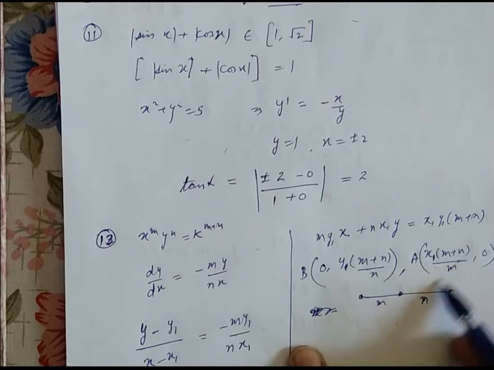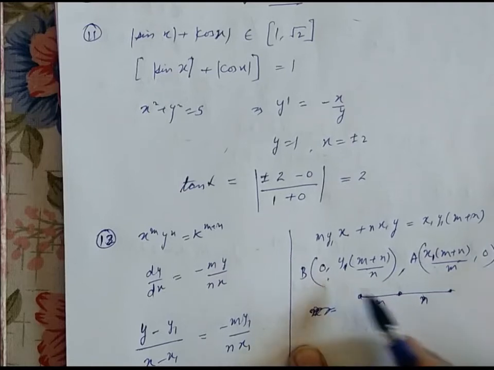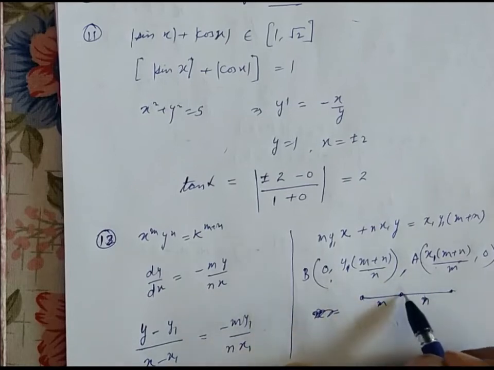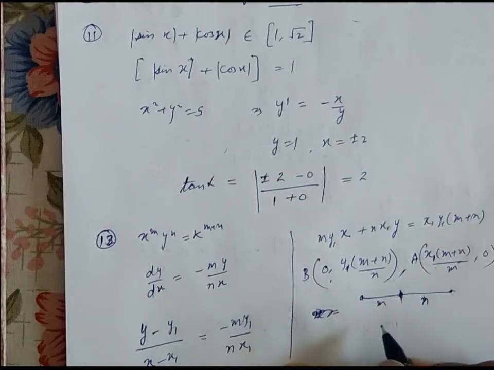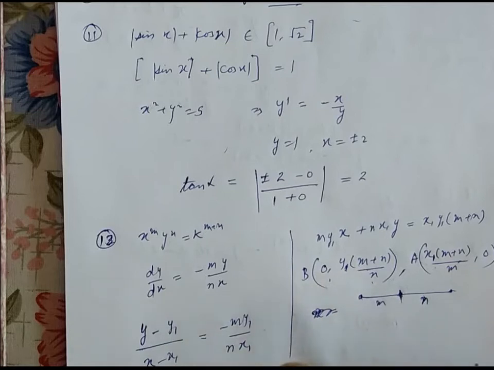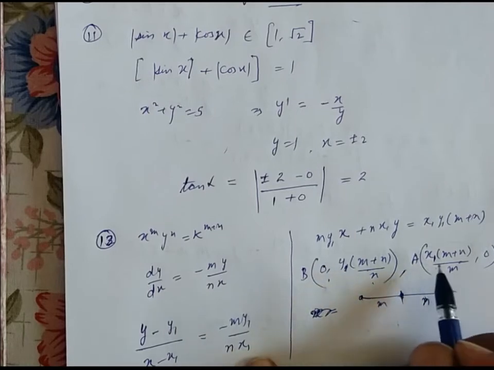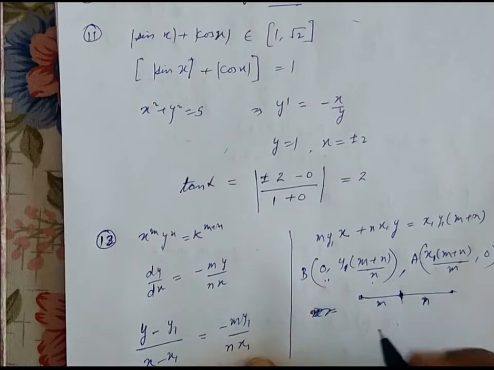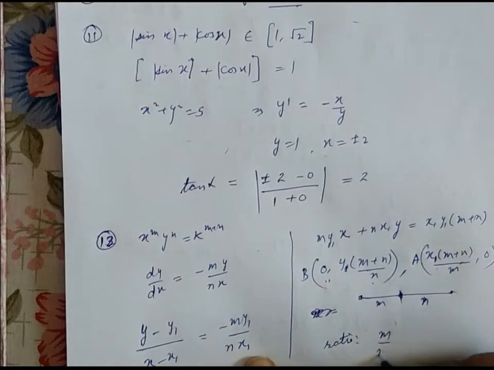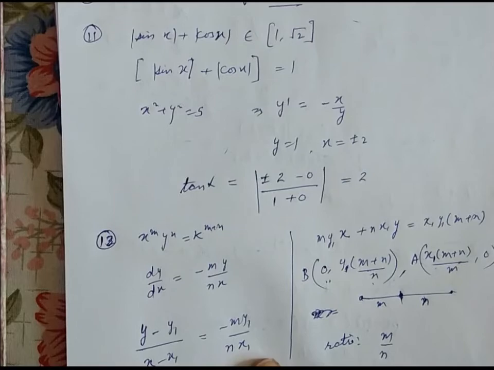So m will apply here, this will cancel out, x1 times m plus n plus 0 upon m plus n. So it would be x1. Similarly, the y coordinate of this point would be y1. Okay. Hence, the ratio in which the point x1 y1 divides the line joining A and B is m:n. Hence, the ratio is always constant. Moving on to the next question, question number 13.